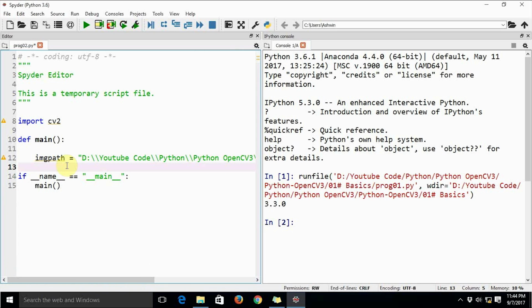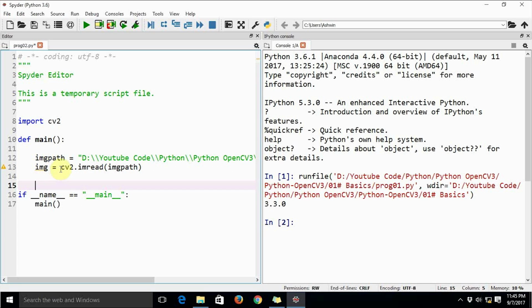There is a method known as cv2.imread, which reads the image from the given path. We have stored the path in imgPath, so this method reads the image from imgPath and stores it in a variable named img.